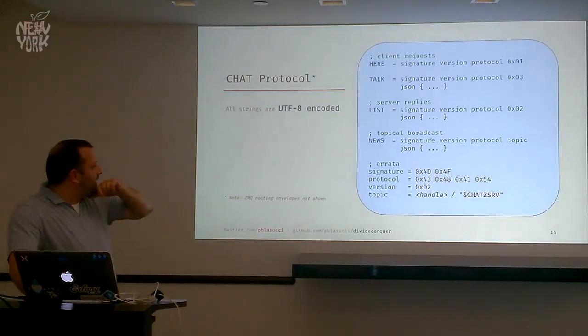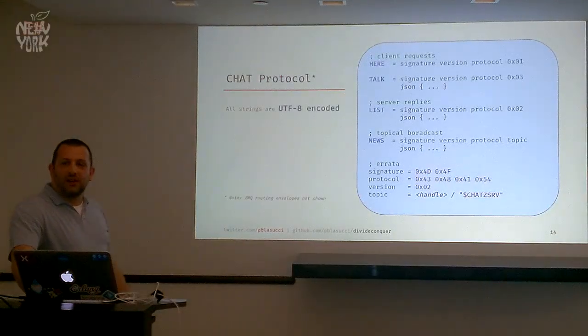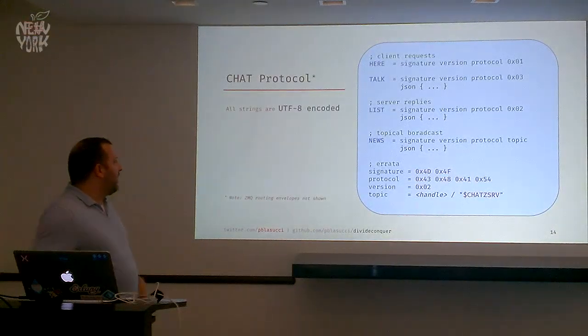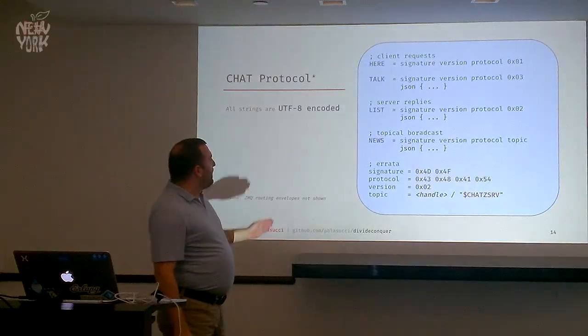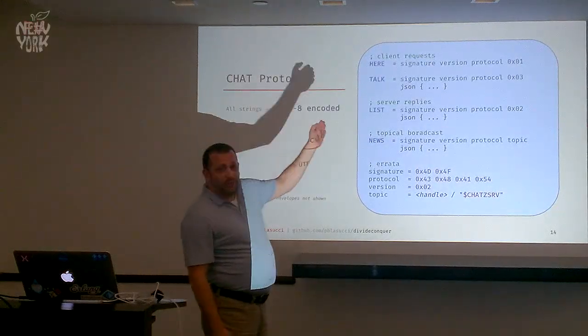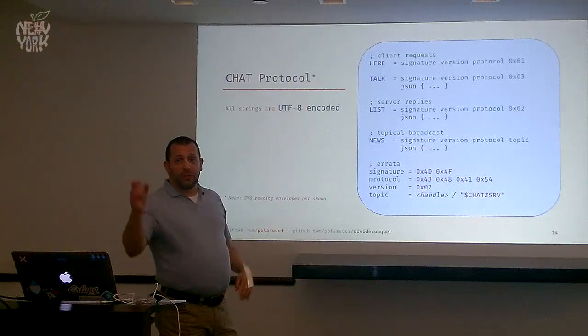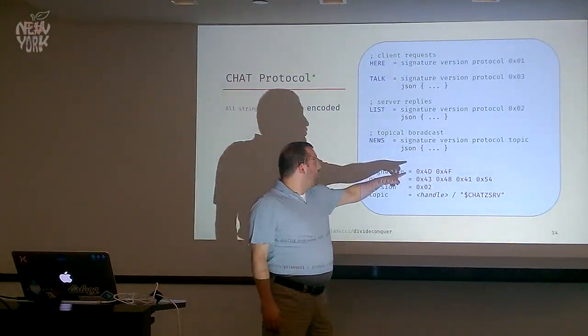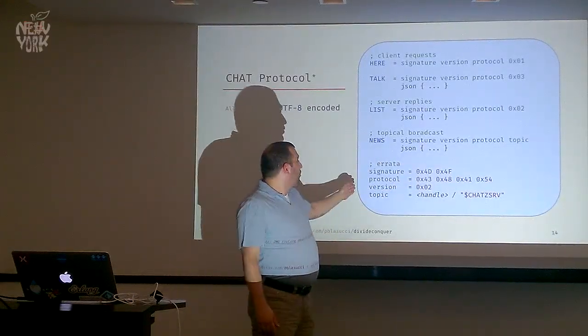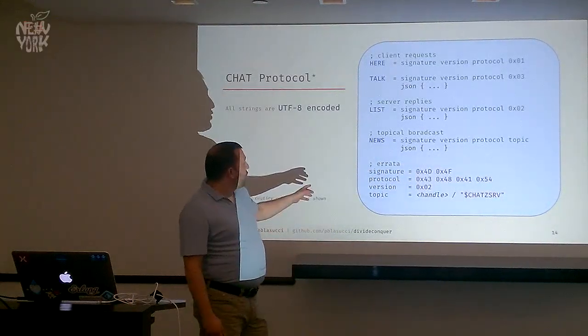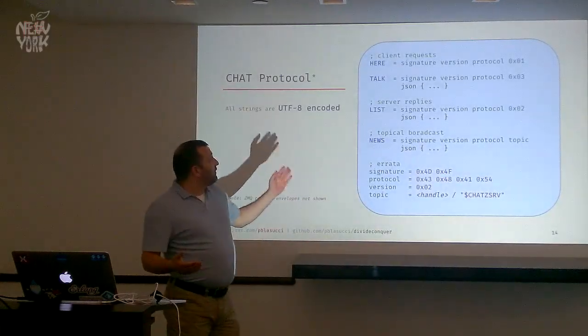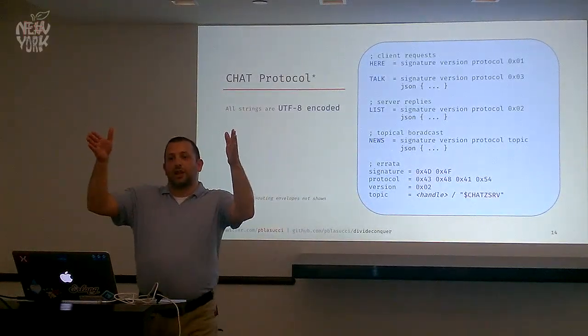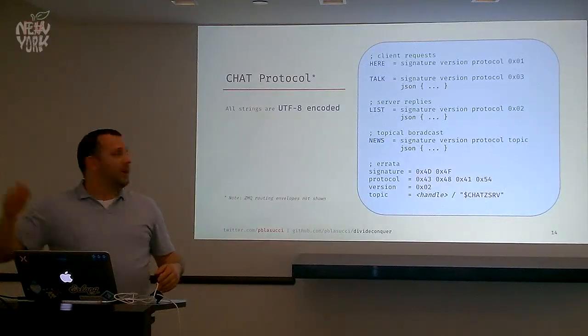The individual pieces of data here, if you think of this as sort of, is everyone familiar with BNF grammars and eBNF grammars? It's just a shorthand for describing a language. So what we're saying is a here message would be the signature, followed by the version, followed by the protocol, followed by the literal byte 01 in hex. And we're saying down here, signature is actually 2 bytes, 4D, 4F in hex. Protocol is actually 4 bytes. Version is a single byte. So effectively, your here message is a single frame of 8 bytes. Just boom, boom, boom.